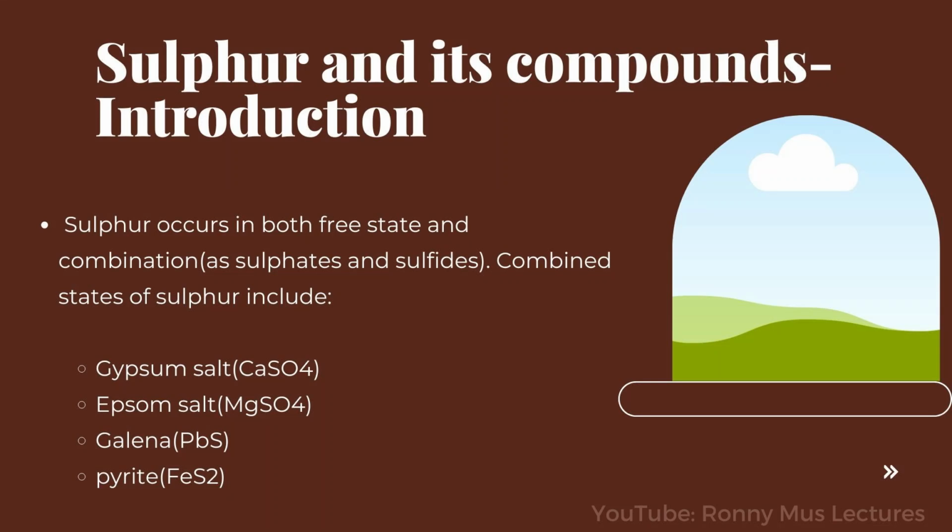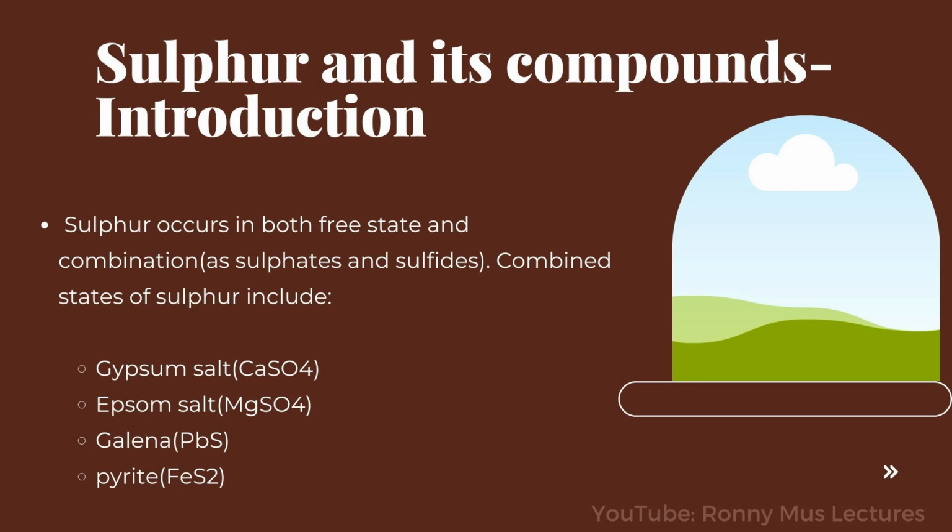Introduction. Sulfur is found in group 16, that is when you are considering the periodic table. It is in the oxygen family, and this family can also be referred to as chalcogens. Sulfur occurs in both free state, and it can also be combined with other elements so that you get the